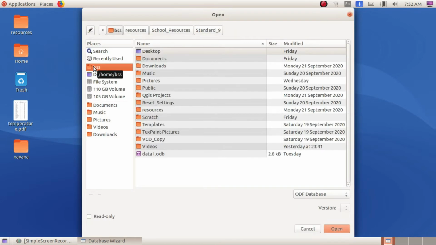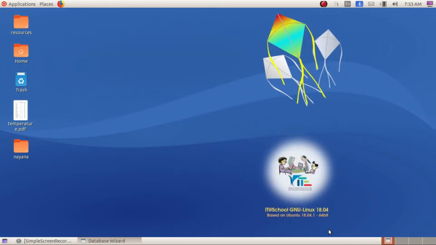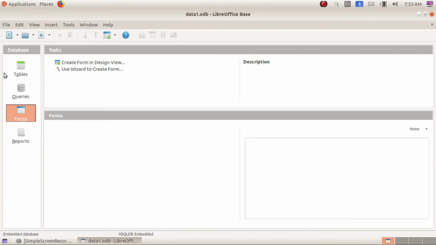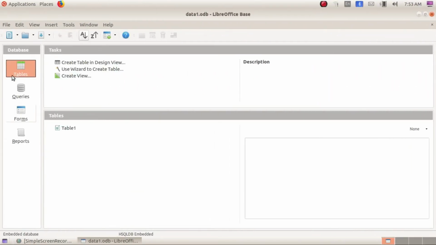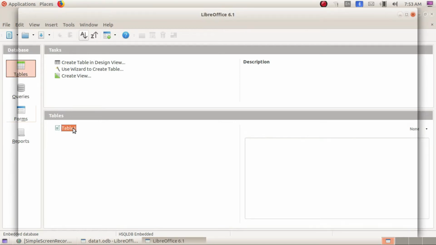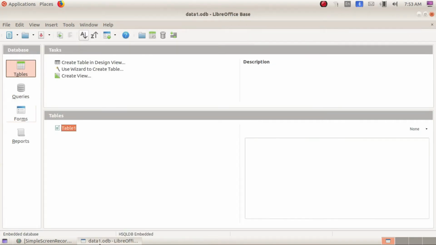Here you will get the option. Select the tables which we have created already, that is admission number, student name, date of birth and classes. In this we have to create the form.